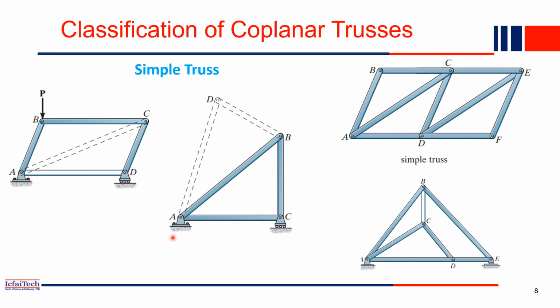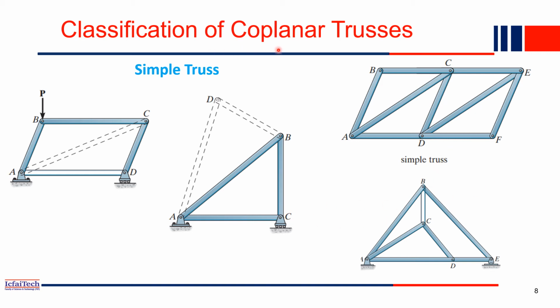So our basic simple truss is a triangular shape. This triangular shape simple truss is stable. Then add one joint and two bars, and you can increase the size. See, this is another simple truss. The basic triangular shape, then you add a joint and connect it with two bars, and you can increase the truss like that. Similarly, you add one joint and connect two bars. Like that you can make a simple truss. Here are all three examples of simple trusses.